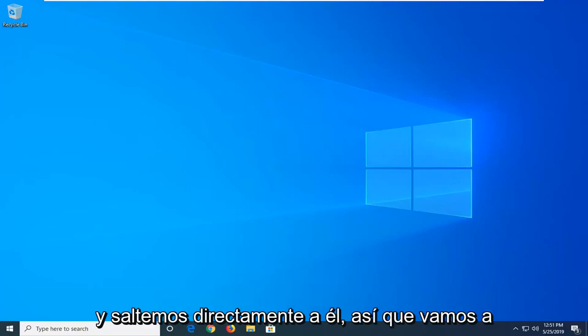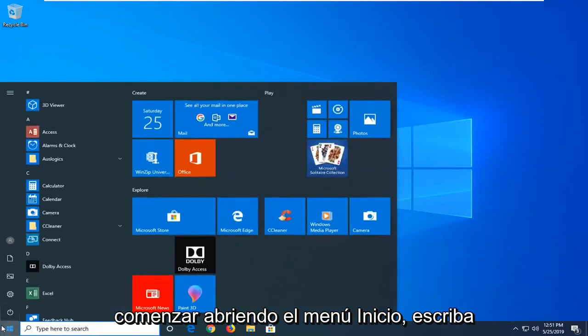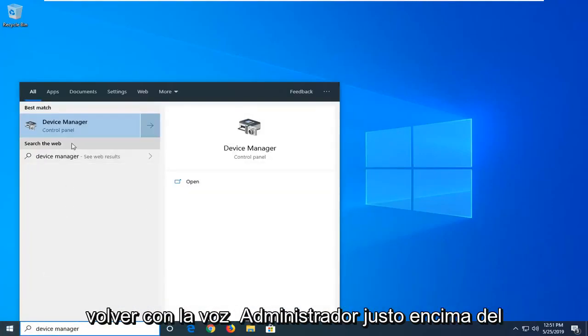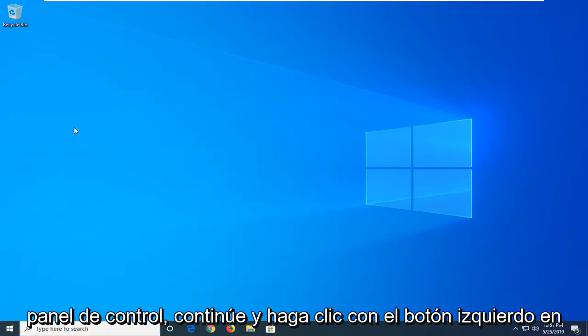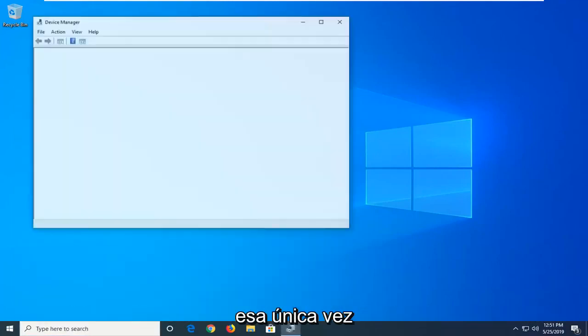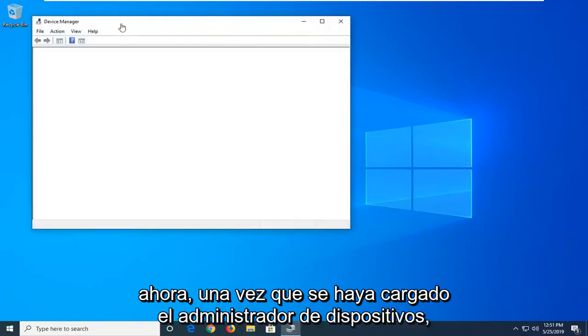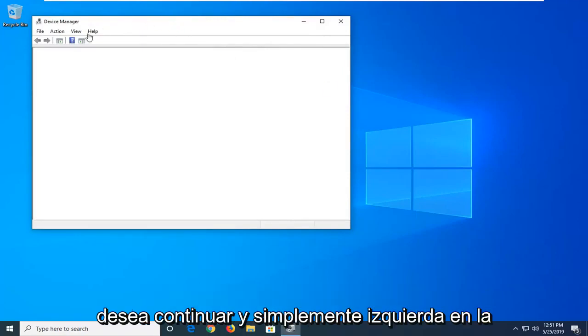So we're going to start by opening up the Start menu, type in Device Manager. Best match should come back with Device Manager right above Control Panel. Go ahead and left click on that one time. Now, once Device Manager has loaded, you want to go ahead and just left click on the View tab up at the top,